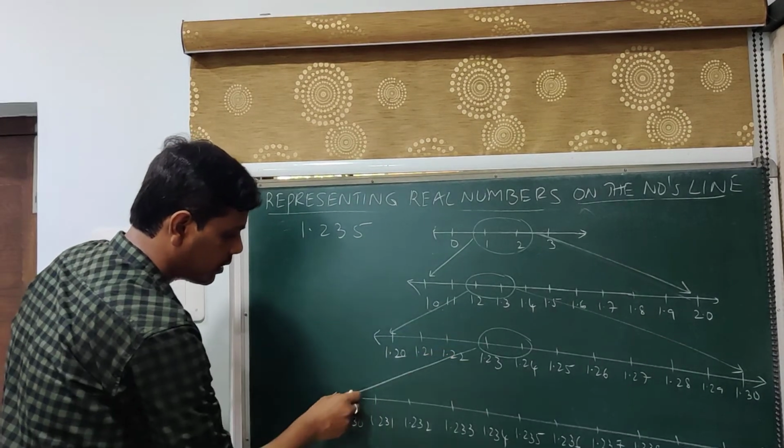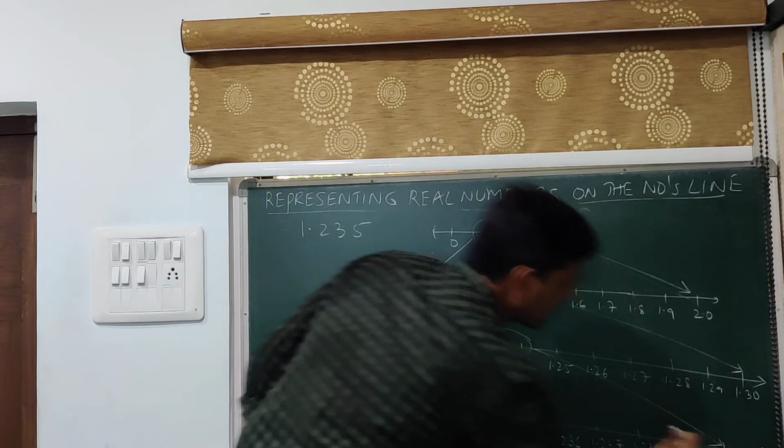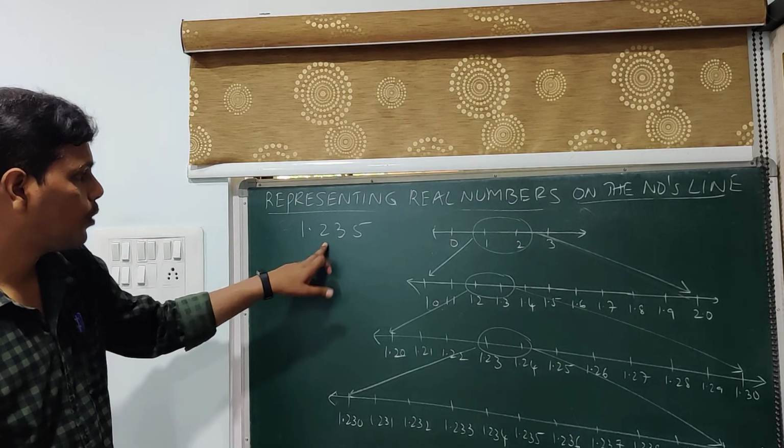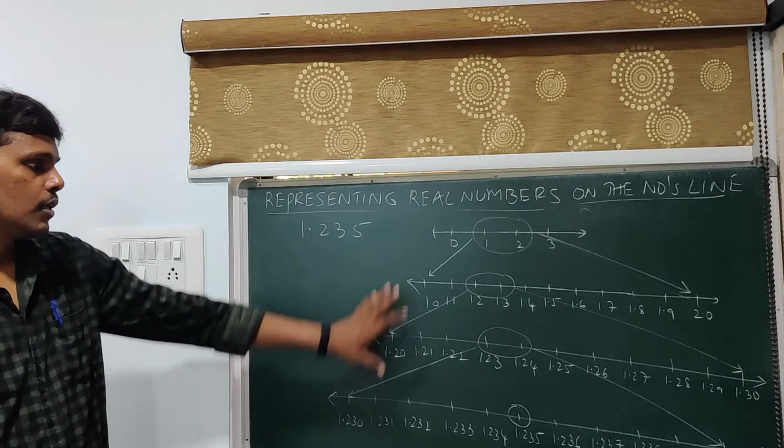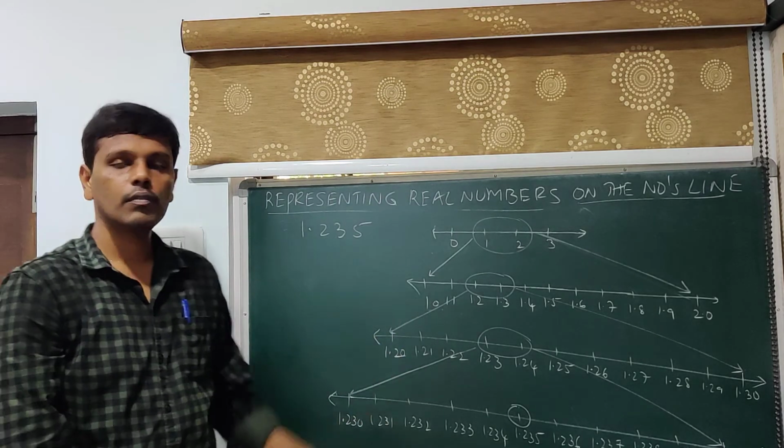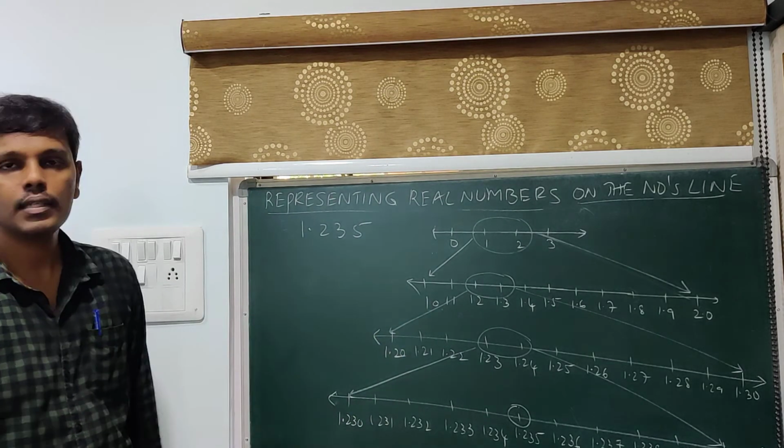So this is what I am magnifying here. Next, we want 1.235. So 1.235 is here. So this is the way to go about whenever you are given a terminating decimal,